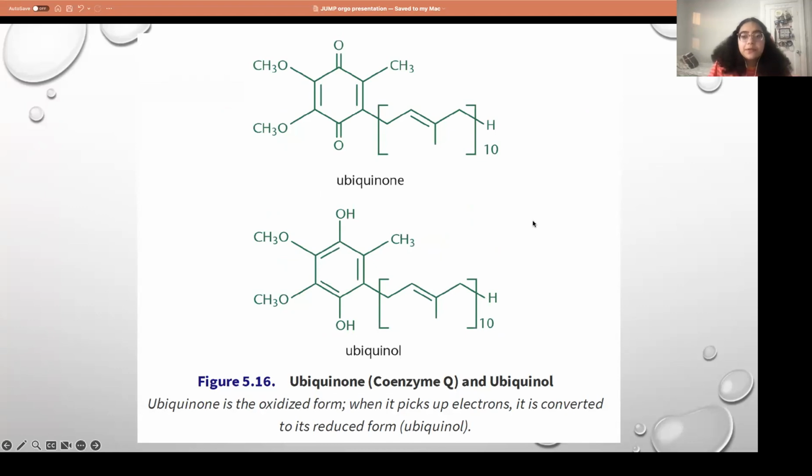The main one is ubiquinone at the top there, which you may also know as coenzyme Q in the electron transport chain. When it picks up electrons, it becomes ubiquinol, the one below. This structure is important to its function because in the electron transport chain, it's grabbing these electrons, and that's how it's changing between forms. So that structure as a quinone allows it to accept the electrons, become OH groups instead of ketones, and